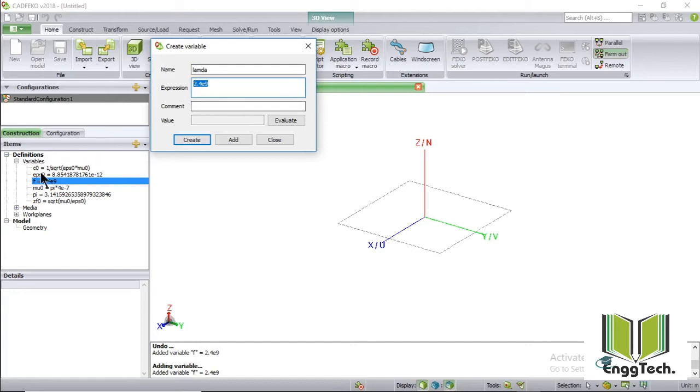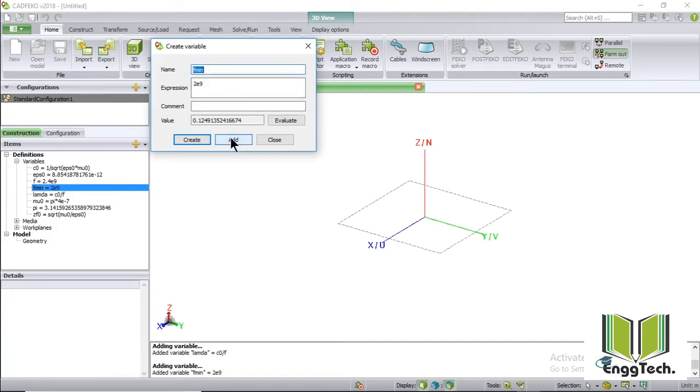Speed of light is already defined as C0. So I'll be using that C0 divided by frequency F. You can evaluate to see the value of the lambda, which is equal to 0.1249 meters, and say add. Next we will add minimum frequency. So F minimum as 2 GHz